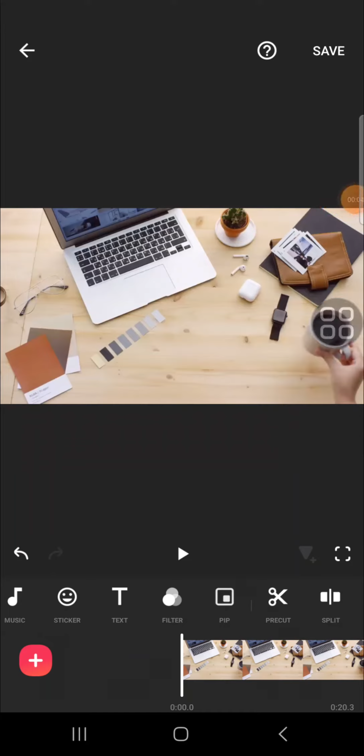In today's video, I'm going to show you how we can remove unwanted objects from our video on Inshot application. Okay, let's get into it. Here I have created a project in my Inshot application, and for instance, I'm going to remove this object from